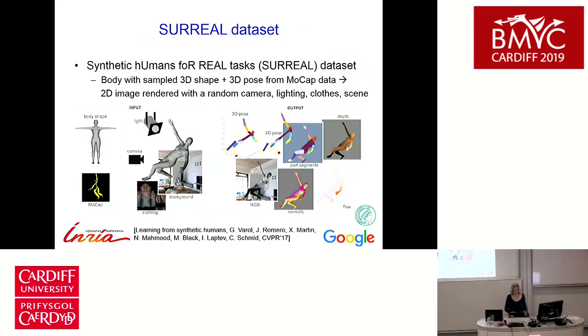And so this leads me to our first line of work where we have actually created synthetic data for humans. So this is the SURREAL data set. And so here, the rationale is basically if you want to annotate human shape, 3D pose, and even more so body shape, you cannot do this automatically. And so here, what we do is we design this synthetic data set